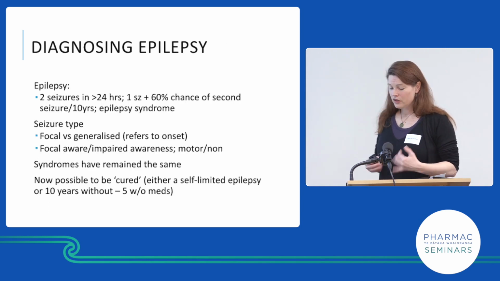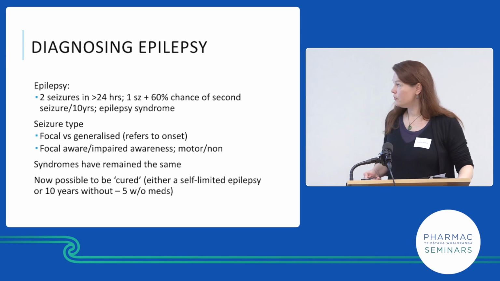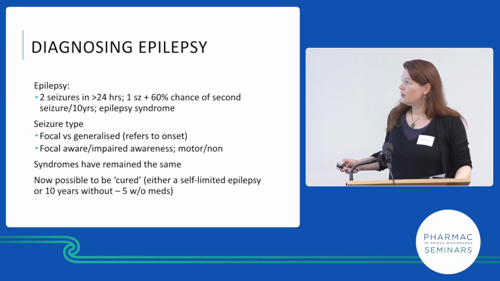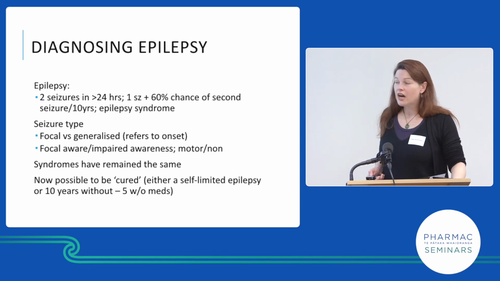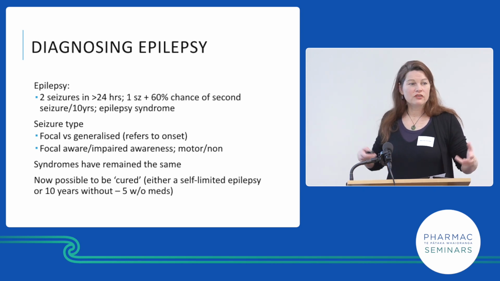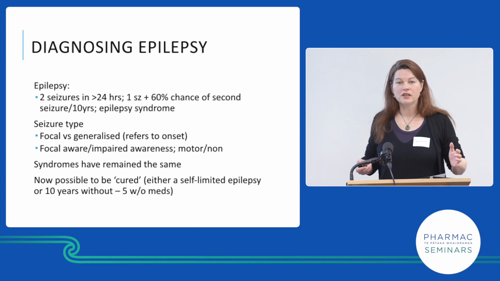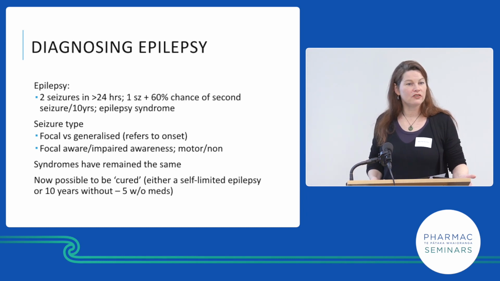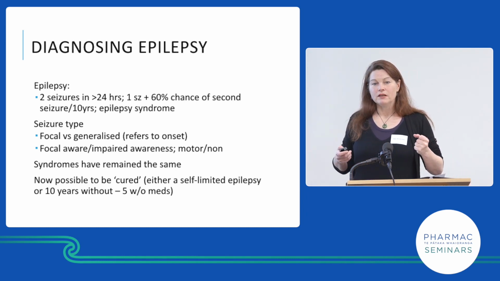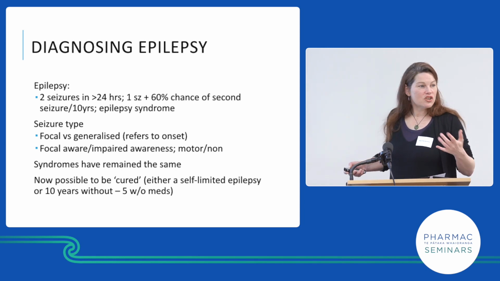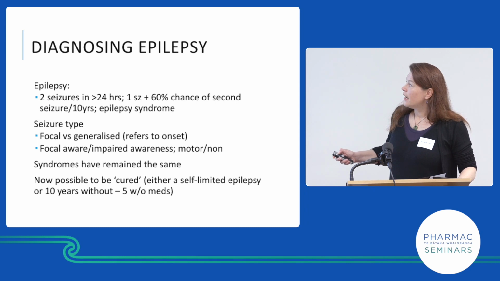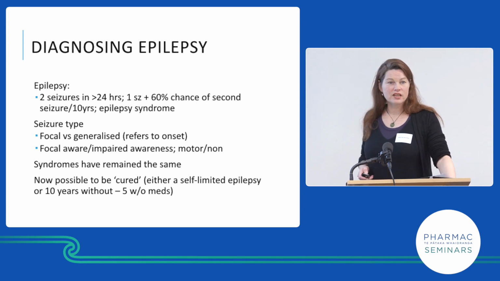So diagnosing, if you have a true case of epilepsy, if you want to make a diagnosis, you need to have at least 2 seizures that are more than 24 hours apart and unprovoked. So not because of alcohol withdrawal or because they have an electrolyte disturbance, those kinds of things, or medication induced. Or they have to have 1 seizure plus a 60% chance of a second seizure over the next 10 years,